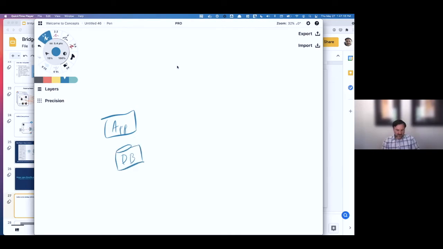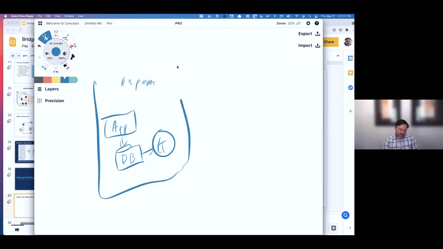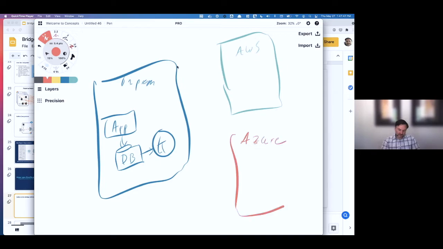Yeah, okay. So you've got your app, you've got your database, you've got your Kafka on-prem, right? So this is the same diagram we had before. So we'll put that here. So now let's say up here you've got AWS, and then over here, in red, you've got Azure, right?